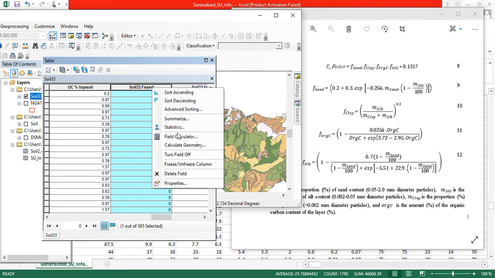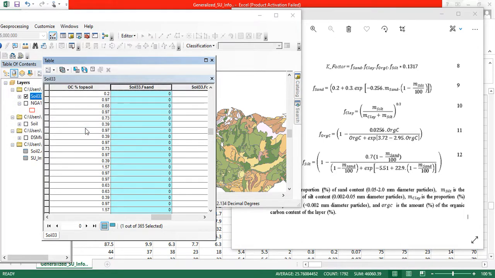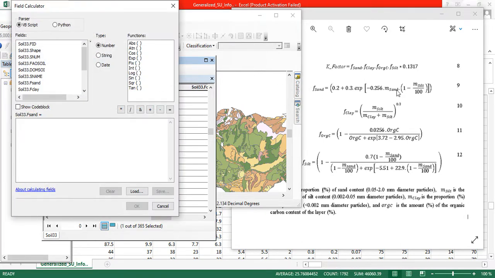Okay, now go to field calculator. Let's calculate. You have to be very careful with bracket opening here in order to have the right answer. So the equation says, open the bracket for the equation first, is 0.2 plus, I'm going to open another bracket here, plus 0.3